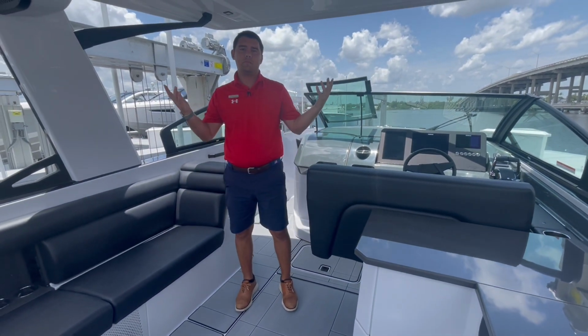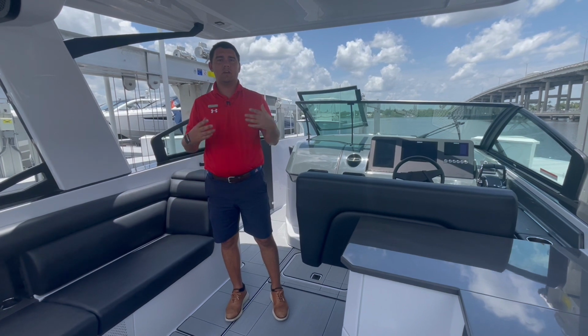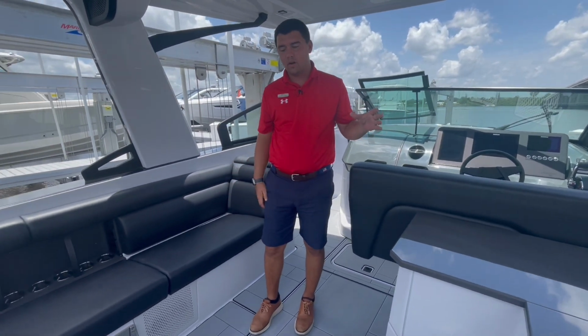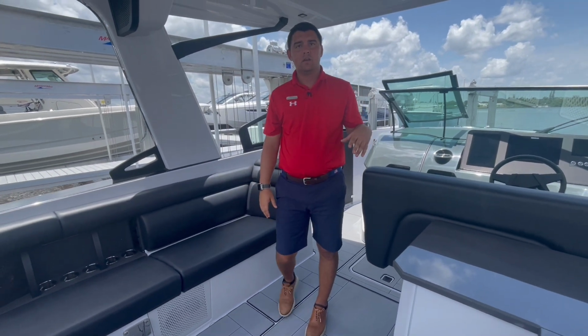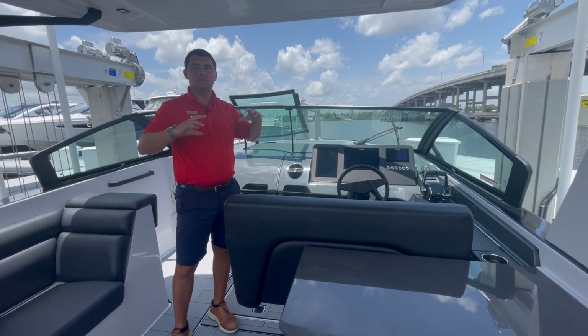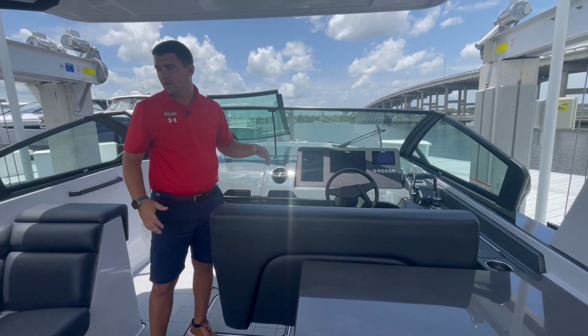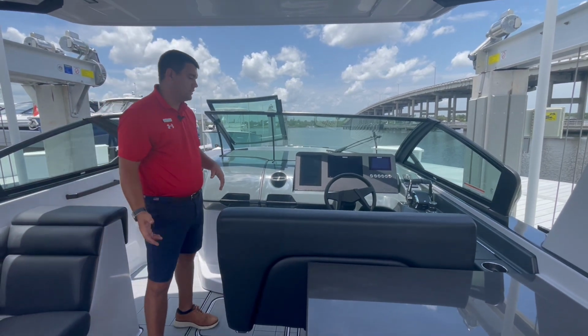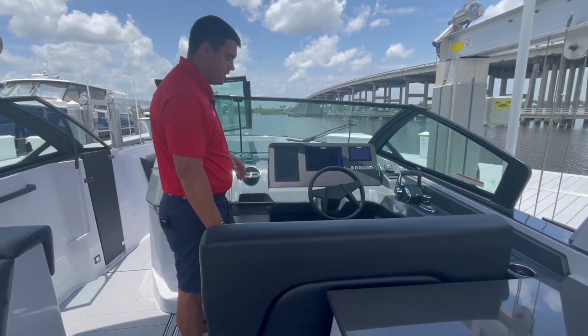Aviara being one of the best party boats out there, day cruising boats, you'll notice speakers kind of everywhere, as well as LED lights. You do have an RGB controller up here, so you can kind of pick your color, set the mood right for those evening cruises. Again, a beautiful boat. As you make your way towards the